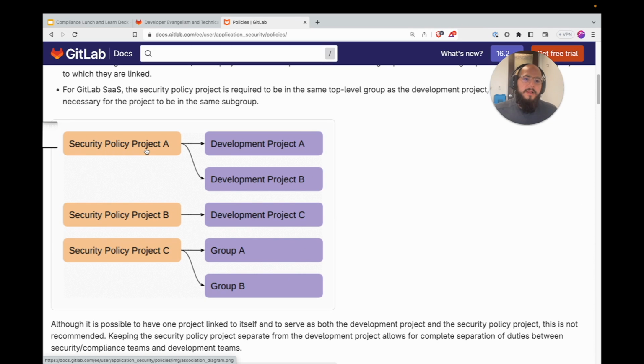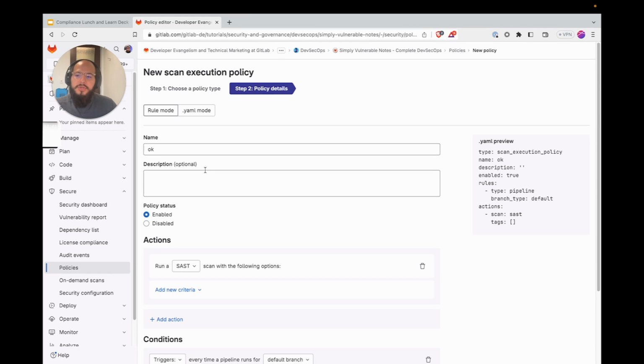Every time that you create a policy in GitLab, or you create multiple policies, they're always added to a security policy project. So a security policy project can have X number of policies in it, and they can be applied to different projects or different groups. And these security policy projects can have separate permissions than the projects that contain the actual application source code, meaning that developers cannot overwrite the policies, and that further strengthens the separation of duties story. So now I'll show how we have an oversight of everything that's going on in the system.